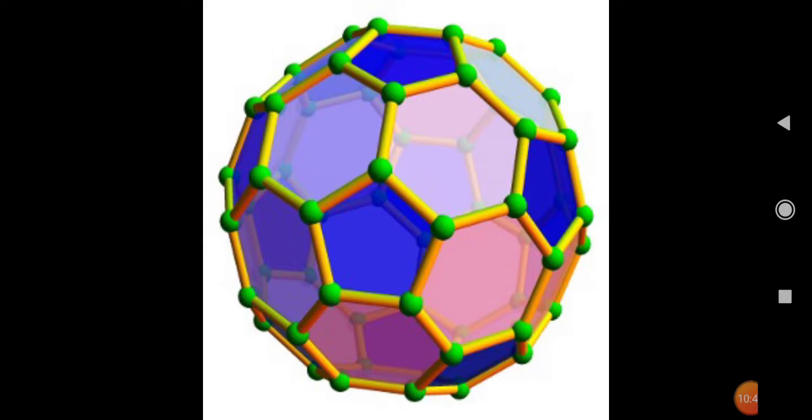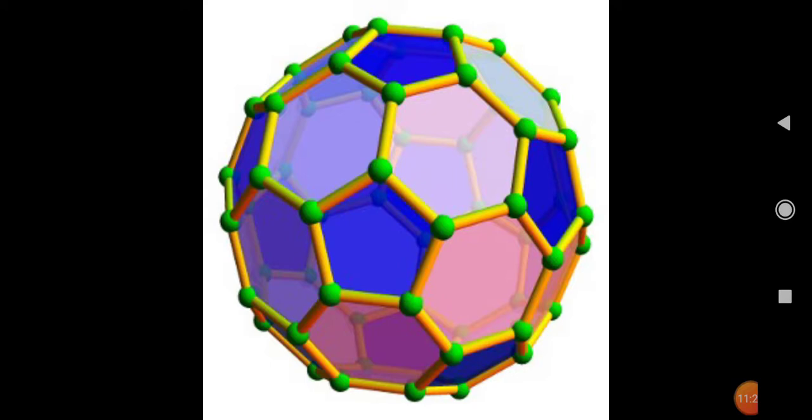The third allotrope is called fullerene. This is the structure of the fullerene you are observing here, a beautiful image like a football or volleyball. Fullerene is produced from graphite: when graphite is heated at high temperature, fullerene is formed. When we observe the diagram of fullerene, it exhibits 26 rings, and all carbon atoms undergo sp2 hybridization, which exhibits 3 sigma bonds, and the shape is ball-like.